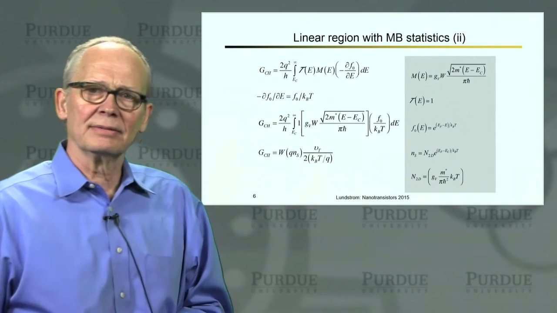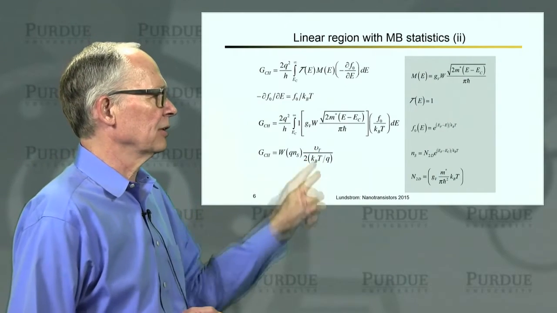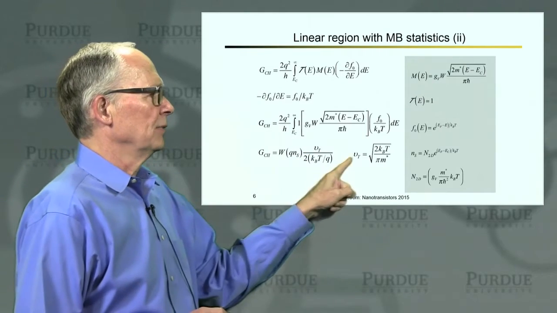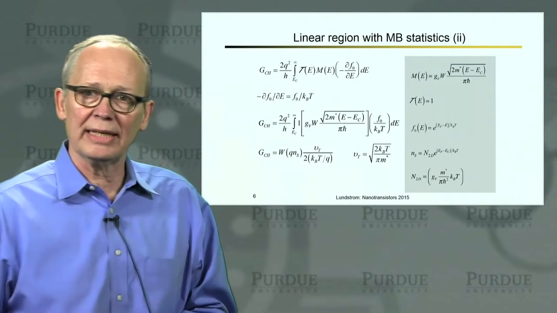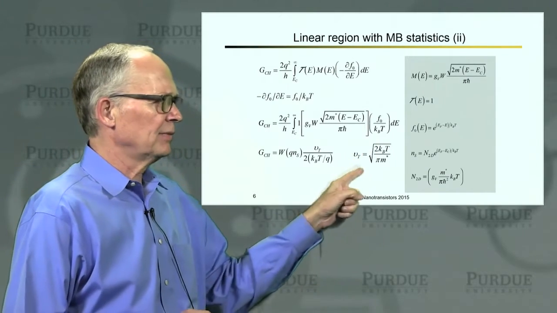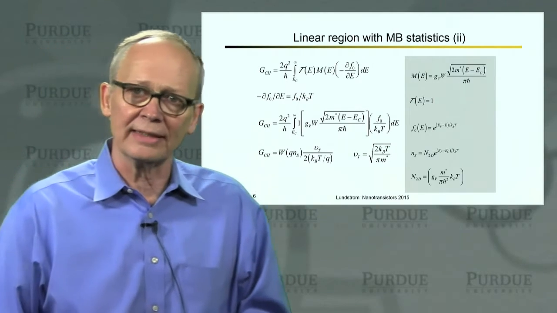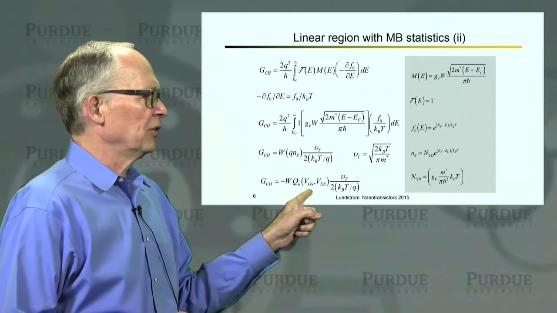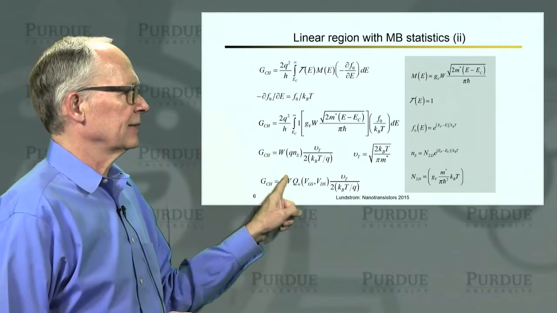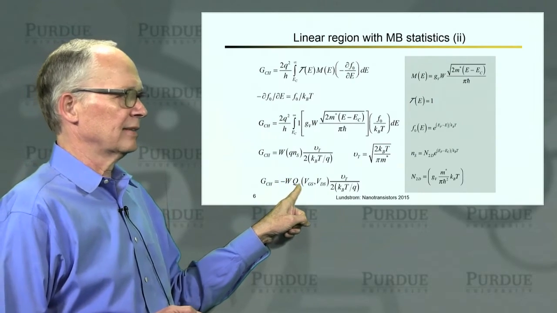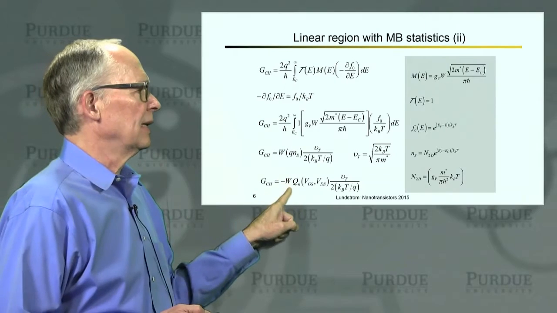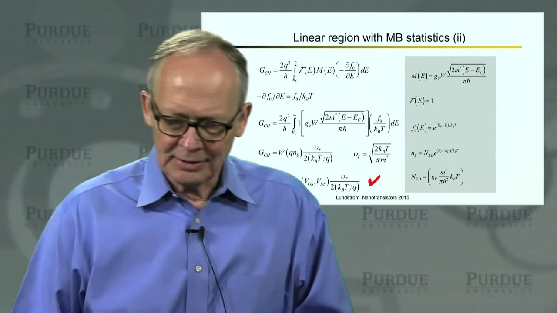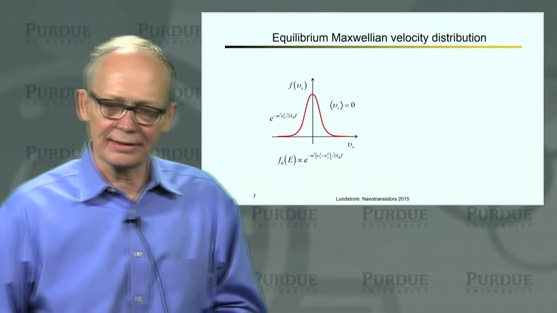Now, I've lumped together a set of constants and parameters like temperature, and I've called it V sub t because they have the units of velocity. So V sub t is defined as the square root of 2kT over pi m. And this is a velocity that will appear over and over again in our discussions. So we'll talk about it just a little bit. Okay, so our final result then for the channel conductance is, with the negative sign because the electron charge is negative, width, thermal velocity divided by 2kT over q. So that's what we set out to do. That's our channel conductance in the linear regime.